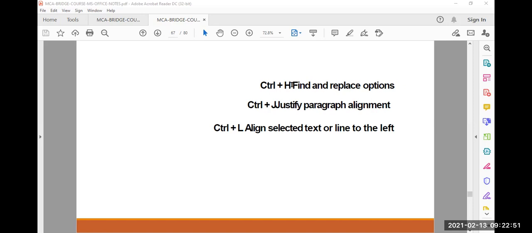Each question will carry half a mark, and the total time allotted will be 1 hour or 30 minutes as per the university specification. It will be like an MCQ.